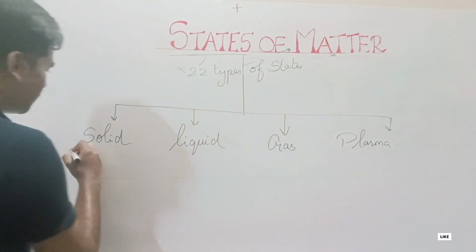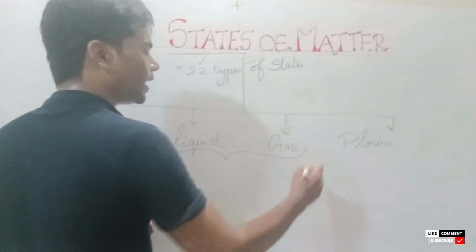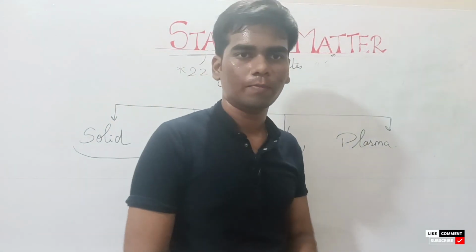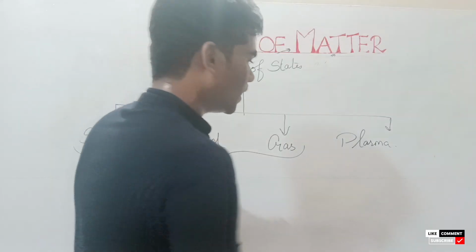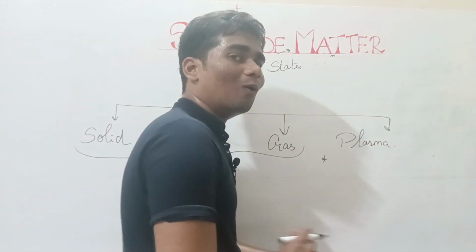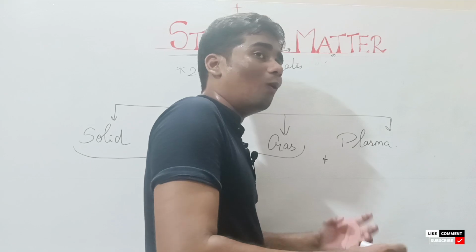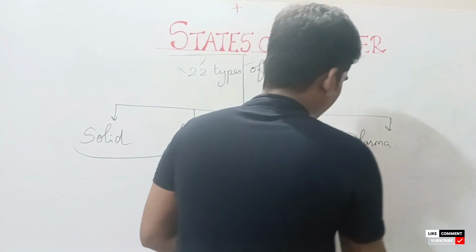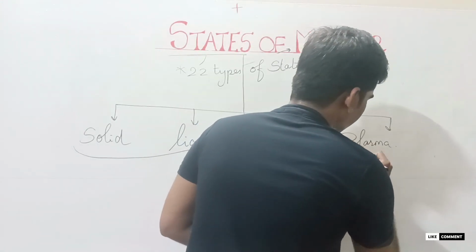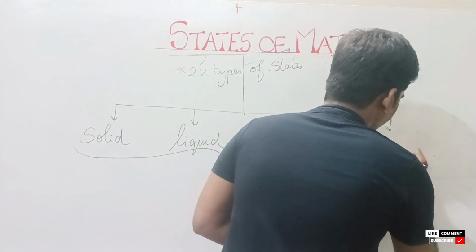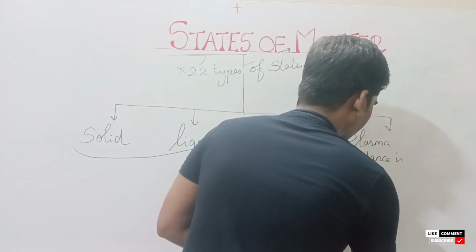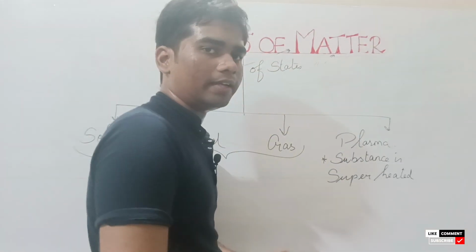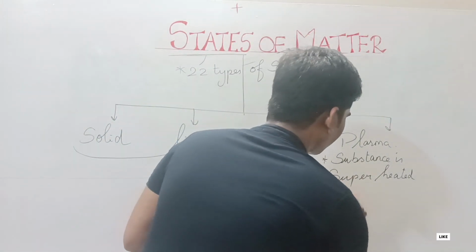So these 3, which are solid, liquid and gas, are very familiar to you, but plasma is somewhat new to you. So I will explain plasma here. Plasma is formed when a substance is heated to a very high temperature. Let me call it superheated. I will write it here. The substance is superheated. So when a substance is superheated, it forms a cloud of